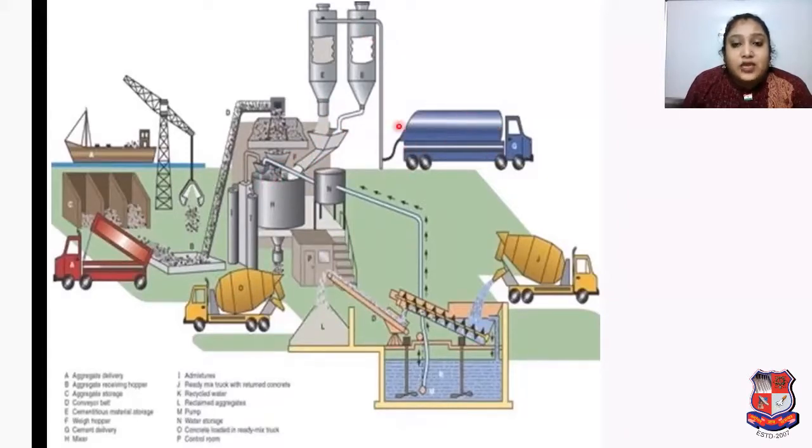Then from this van you can see material going into the silos. From this truck water is coming, and here is the water tank, so these units provide water. Here you can see the materials. All the ingredients of concrete are together in this tank, and from there the fresh concrete is filled in this truck, and after that this ready mix concrete is ready for the field and site to use for